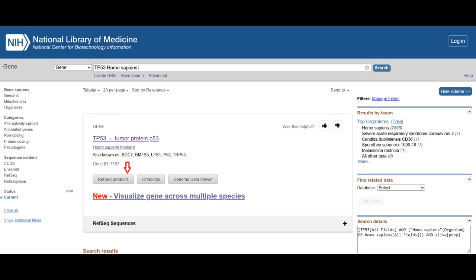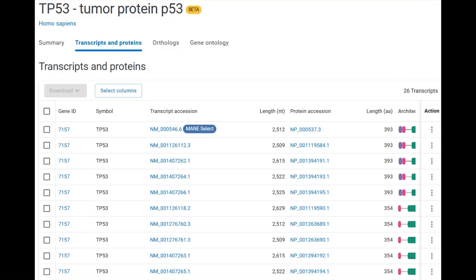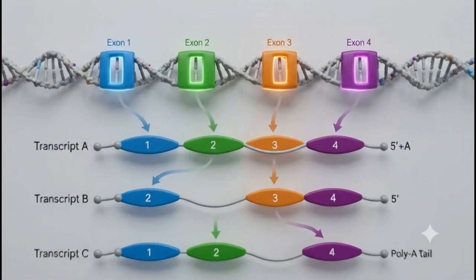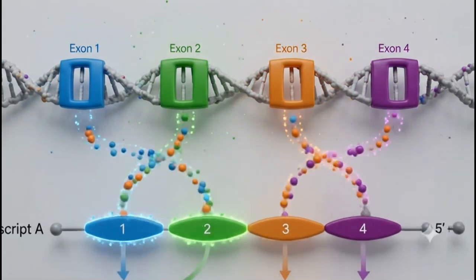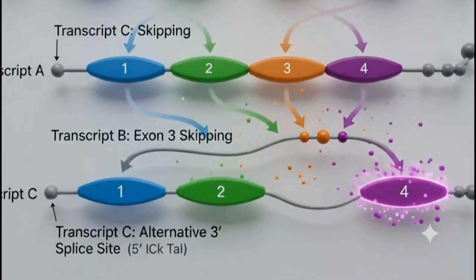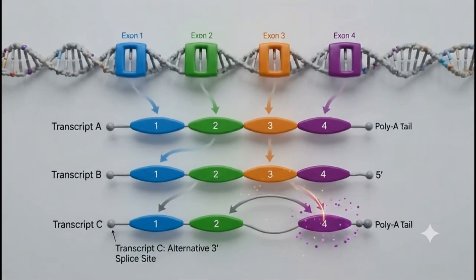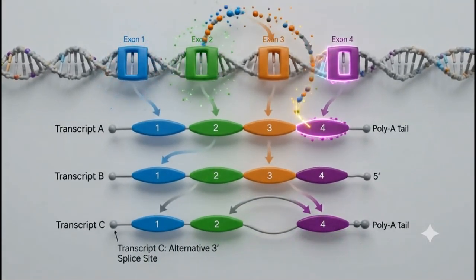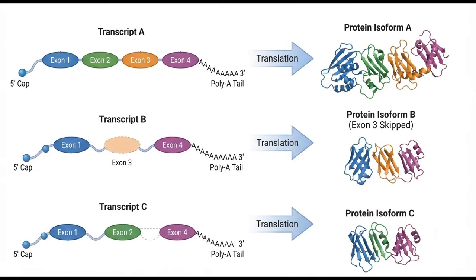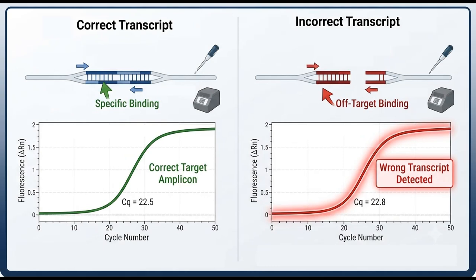If you scroll down to the RefSeq transcript section, you'll notice something interesting. There isn't just one transcript. There are several. Why? Because most human genes undergo alternative splicing. That means one gene can produce multiple mRNA transcripts. Different transcripts may contain different exons. Sometimes they even produce different protein isoforms. If you accidentally design primers against the wrong transcript, your qPCR experiment may work perfectly while measuring the wrong biological